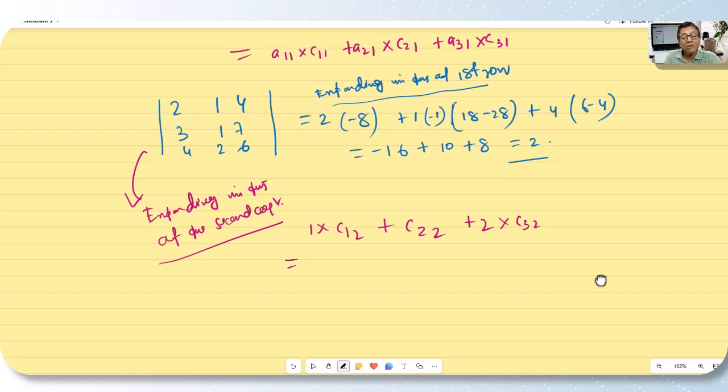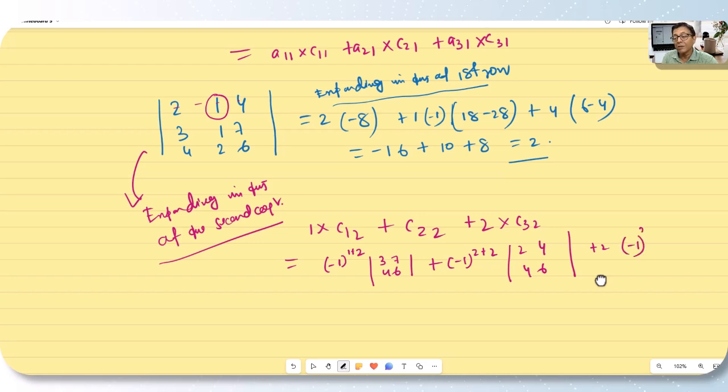C12 is what? Minus 1 to the power 1 plus 2. C12 will be what? This element, this row and this column will go, it will be 3 7 4 6, minus 1 to the power 2 plus 2. For this element, this row and this column will go, remaining is 2 4 4 6, and here it is plus 2 into minus 1 to the power 3 plus 2, C32 element, third row and second column, third row and second column, it will be